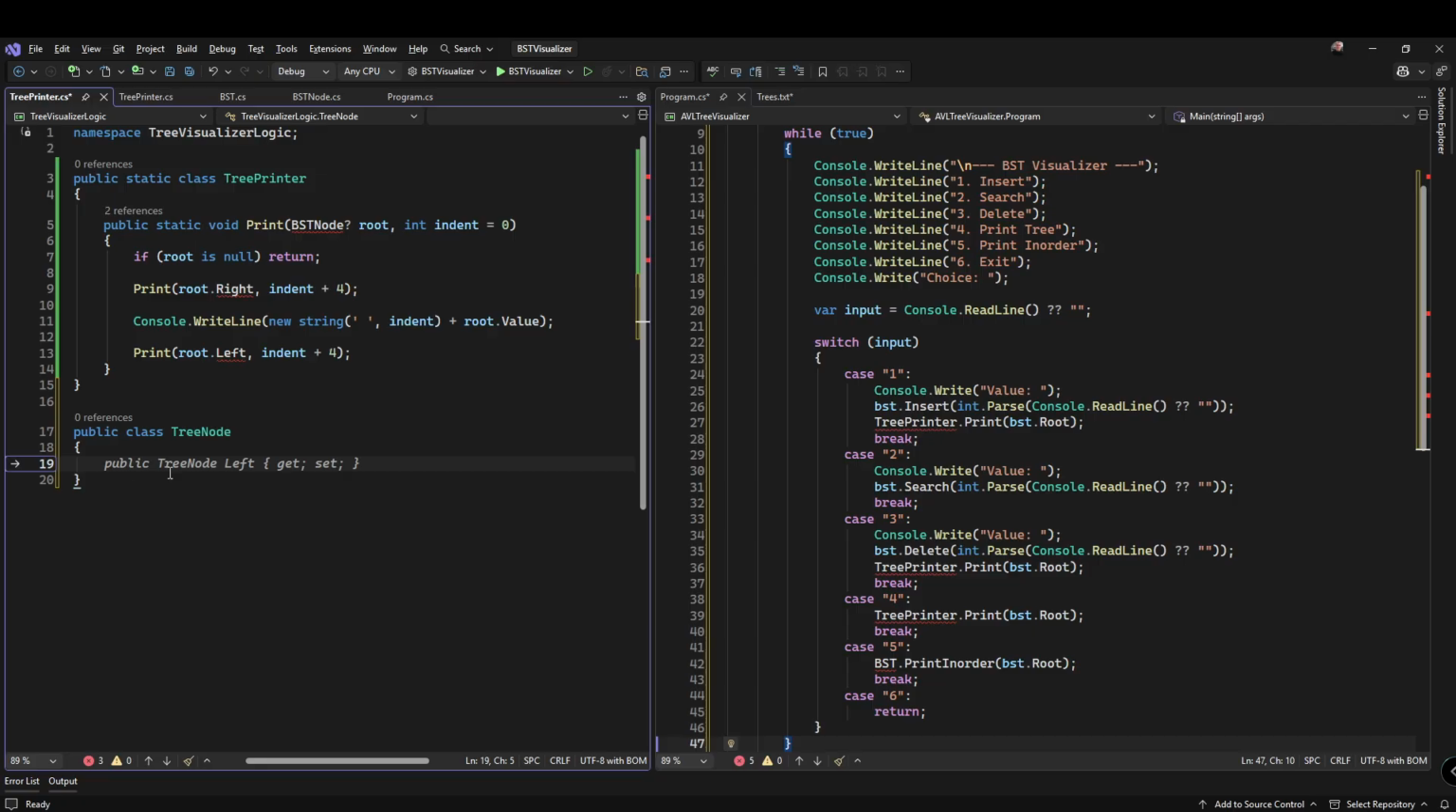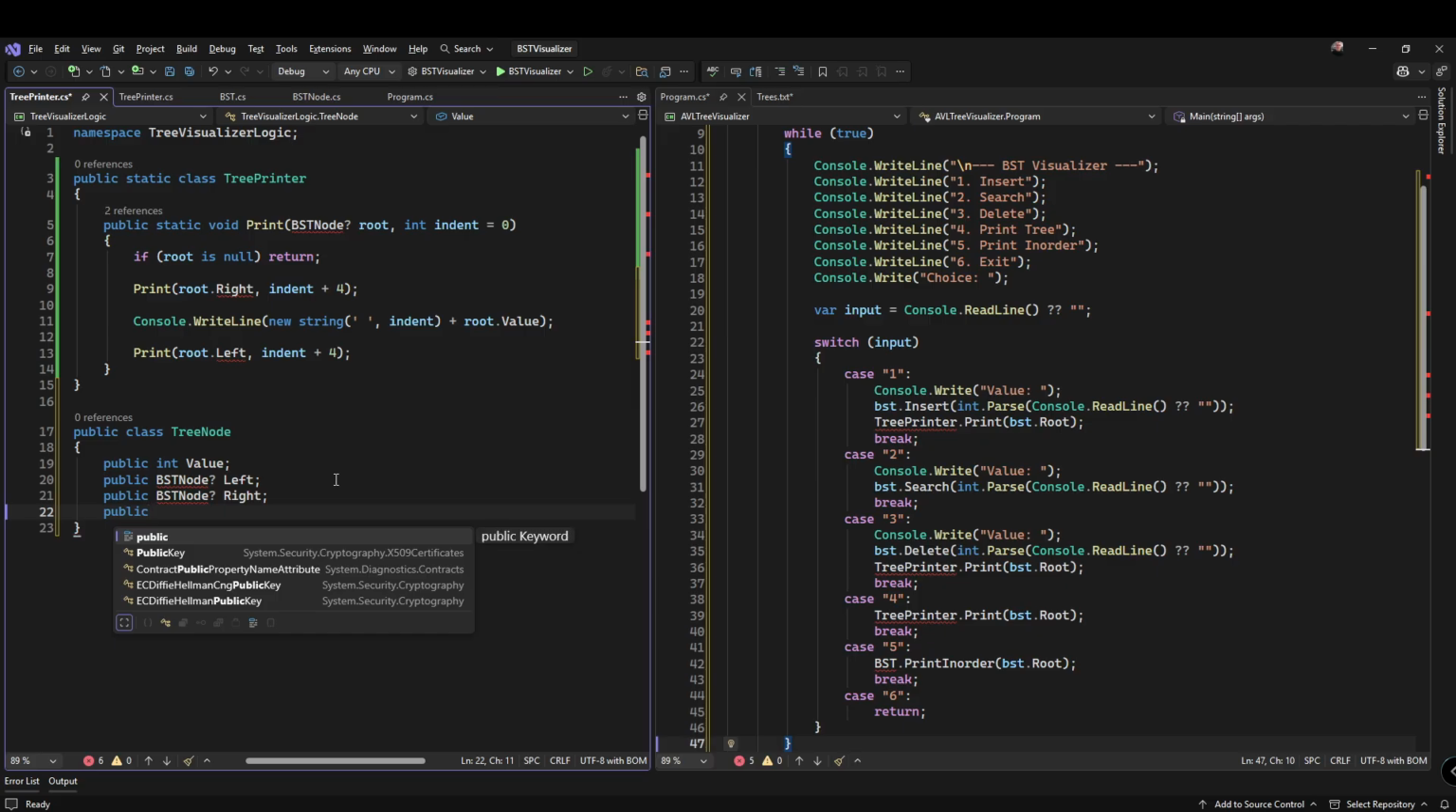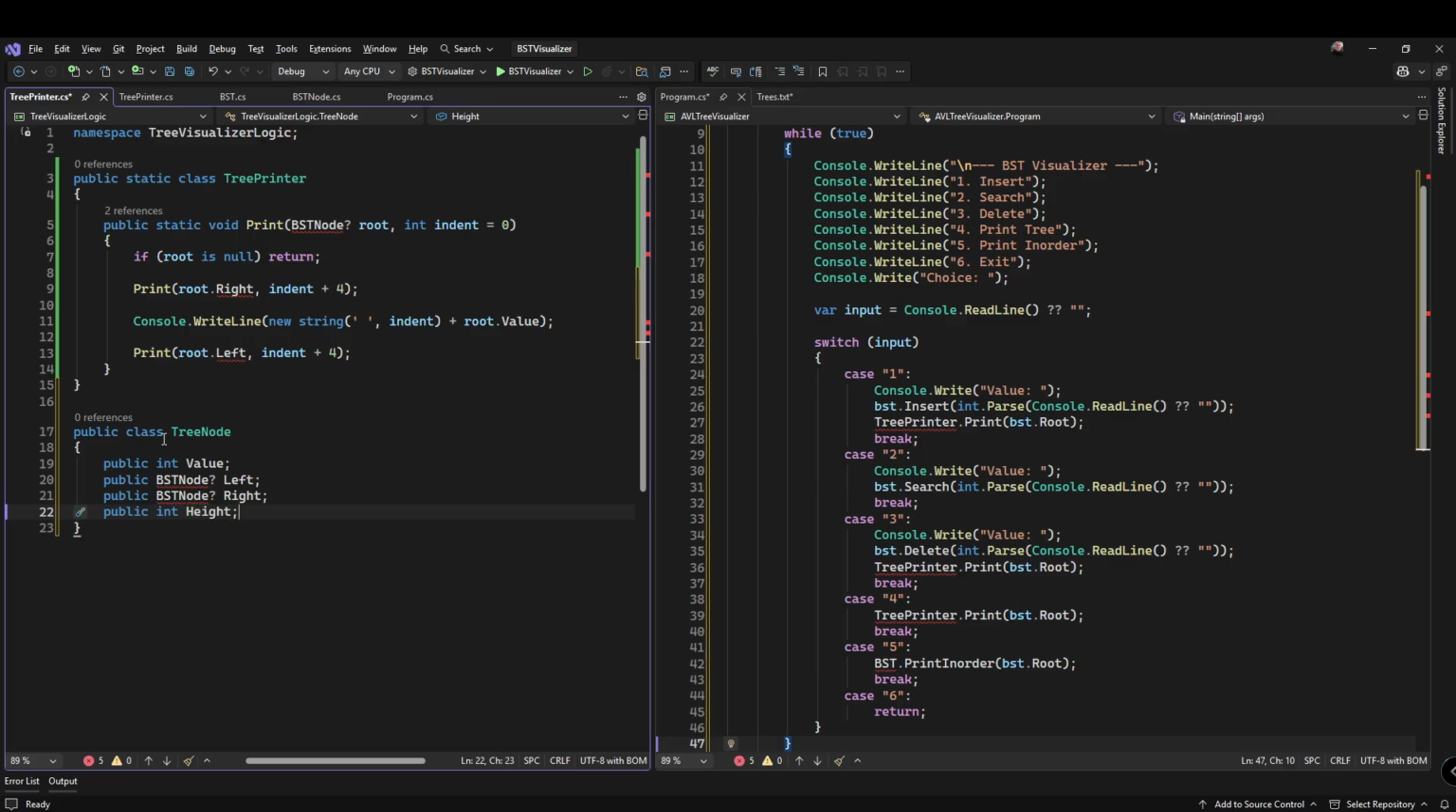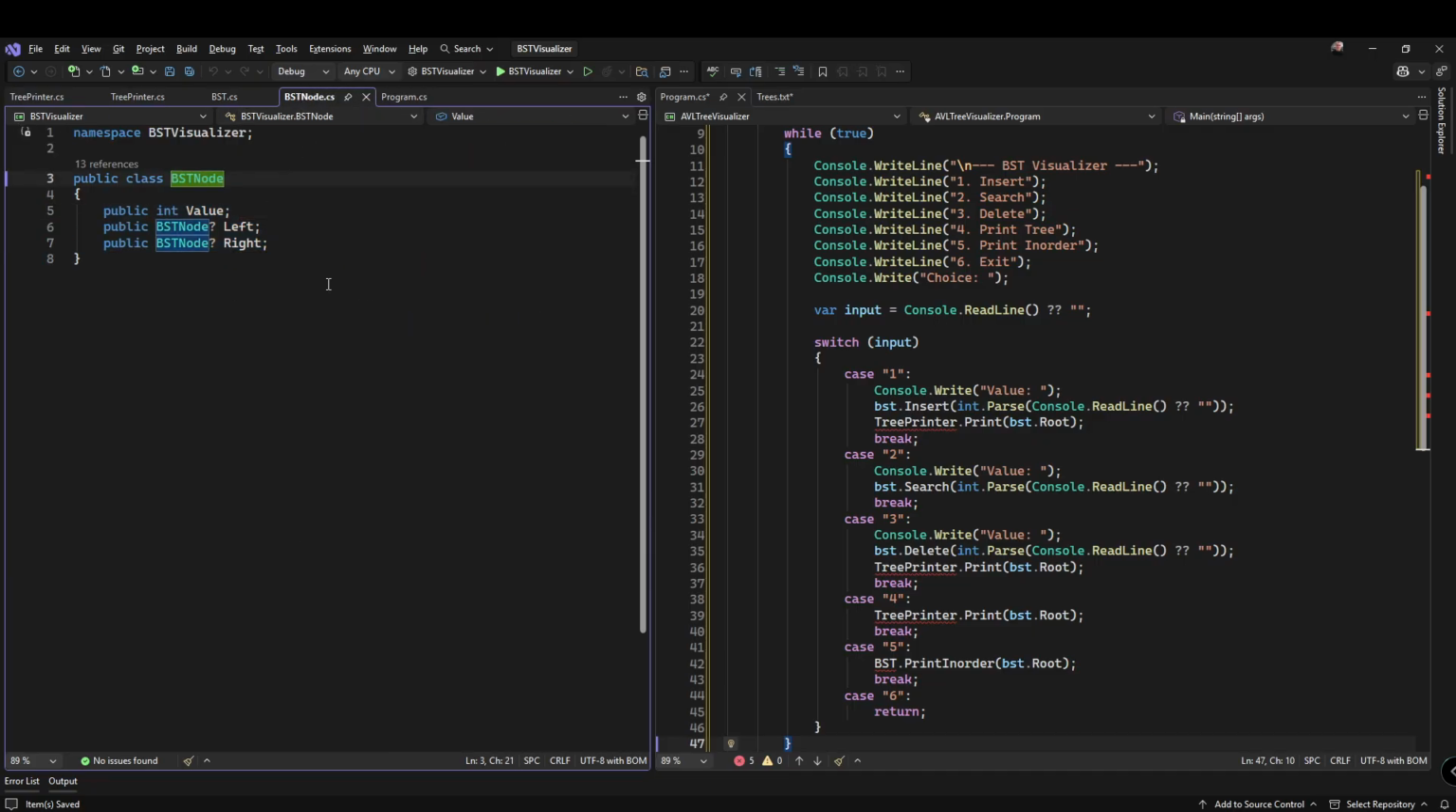We're going to add one more property to it. We're going to add public int height. Tree node. And height is optional. I think we'll be able to do this correctly. So now this becomes tree node. And there we go. Now BST node,